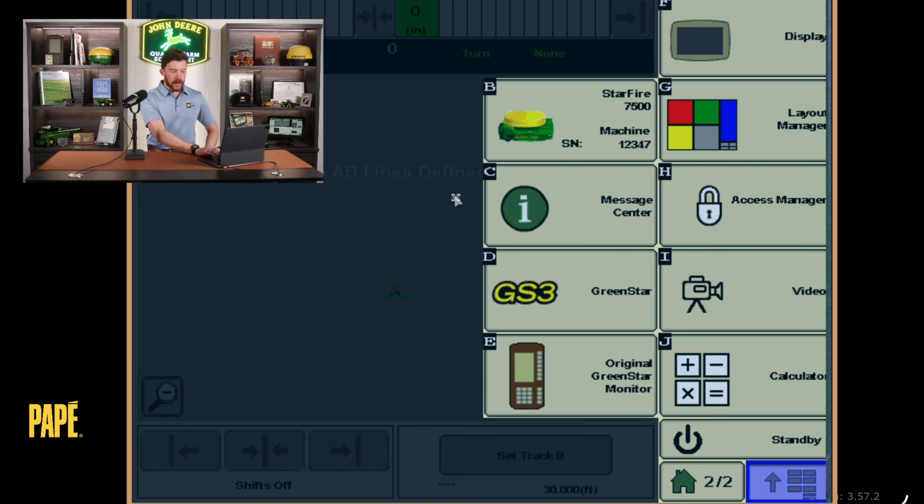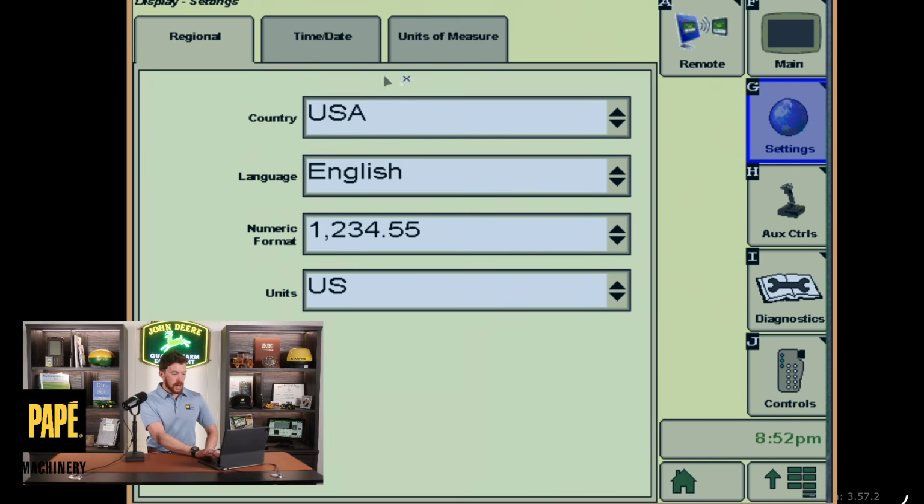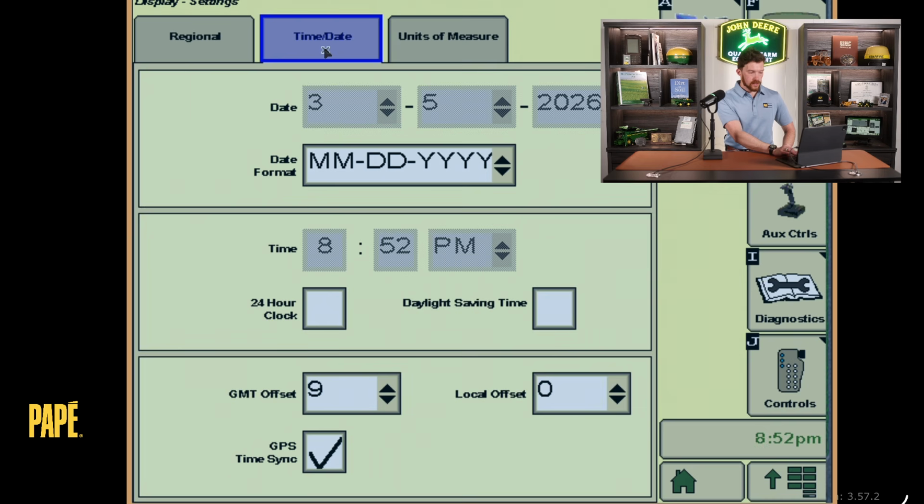Once there, we'll go ahead to the Display tab on the top right. We'll select Settings on the top right, and then we'll select the Time and Date tab on the top left. Once this is selected, we want to go all the way to the bottom of the screen and deselect the